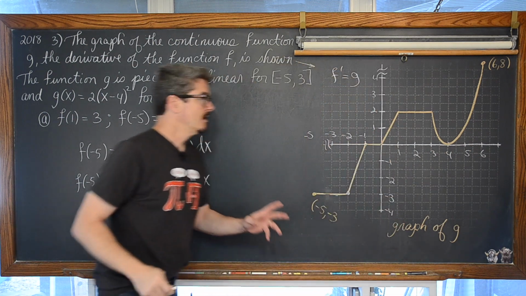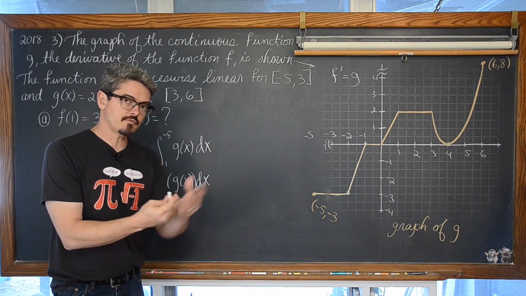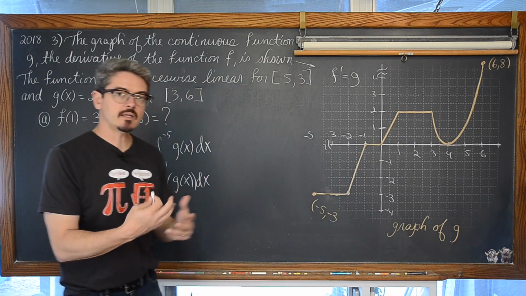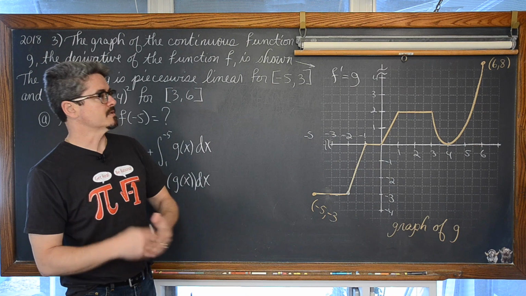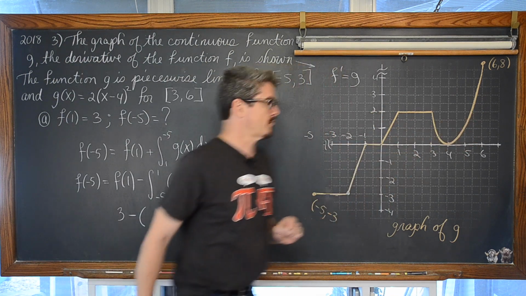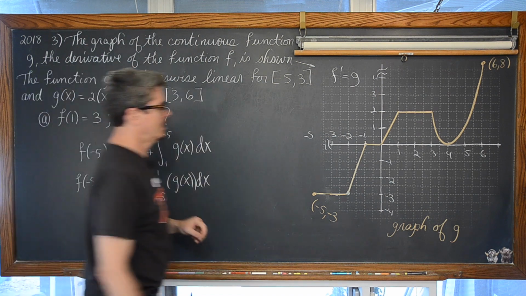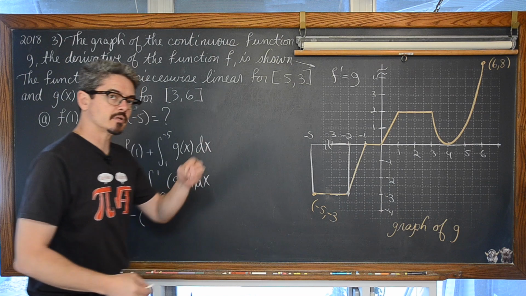Okay, that's better. In this problem, we're going to fall back on a couple of things we learned in calculus. One, how to estimate area or find a definite integral that involves common geometric regions, and then we're actually going to use integration with our parabola at some point. So from negative 5 to 1, well, we have a rectangle which has area below the x-axis.